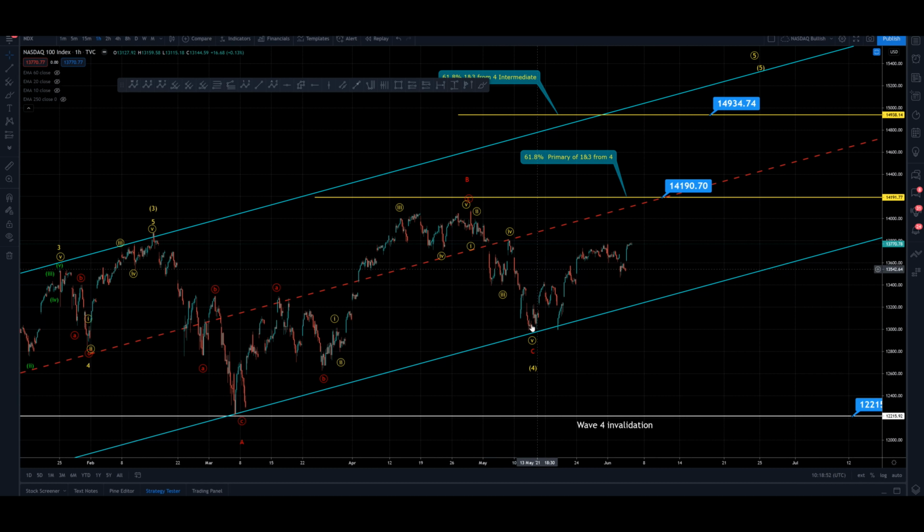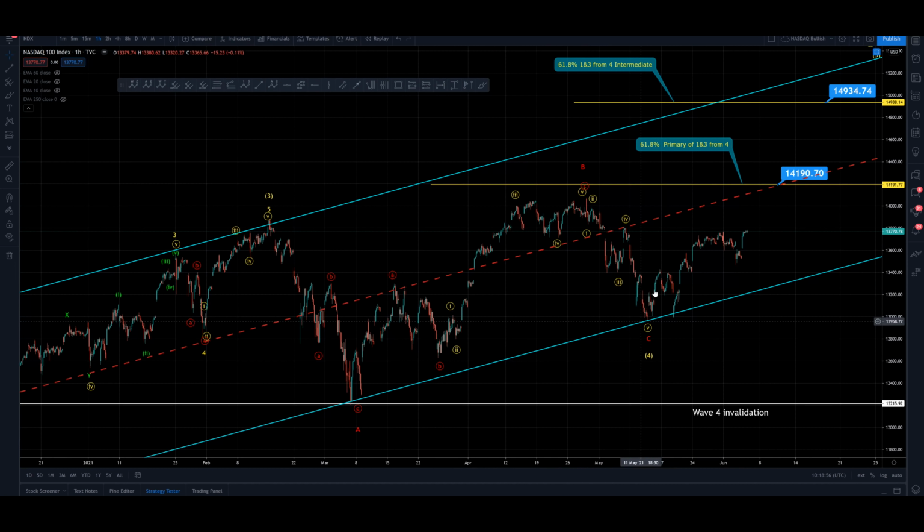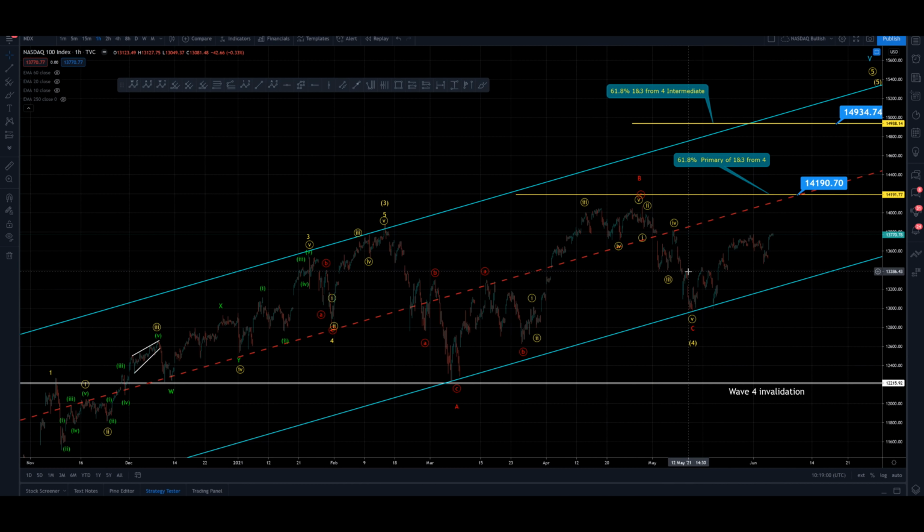is this 3-wave move and 3-wave move here. You cannot get an impulse wave off of this low. If anyone has, then congratulations, you're seeing something I can't see, but it doesn't matter what time frame I come down to, I can't find 5 waves. So you're either cheating it and forcing 5 waves where there isn't 5 waves, or you're seeing something I can't see. Either way,